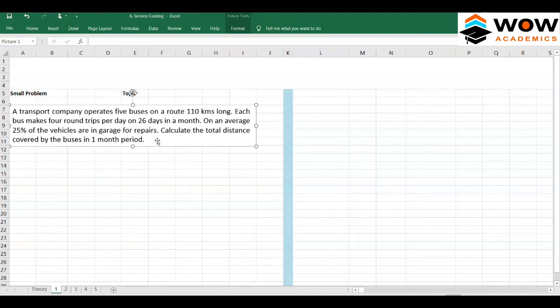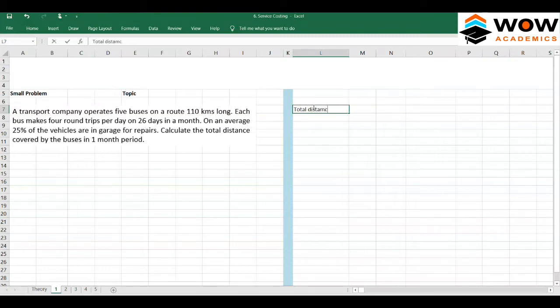Okay. Now the tricky part is this 110 kilometers. Is it one way or up and down? This 110 is on a route. A route is from A to B. So only for going it is 110 kilometers, and coming is another 110 kilometers. So we have to find out the total